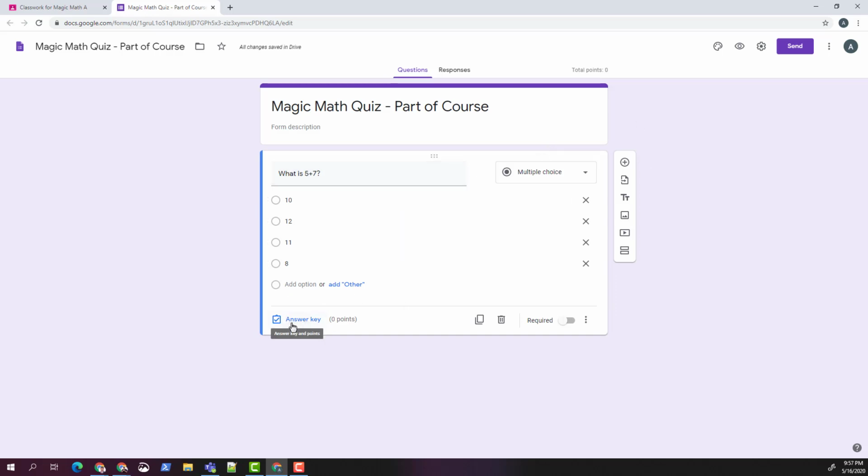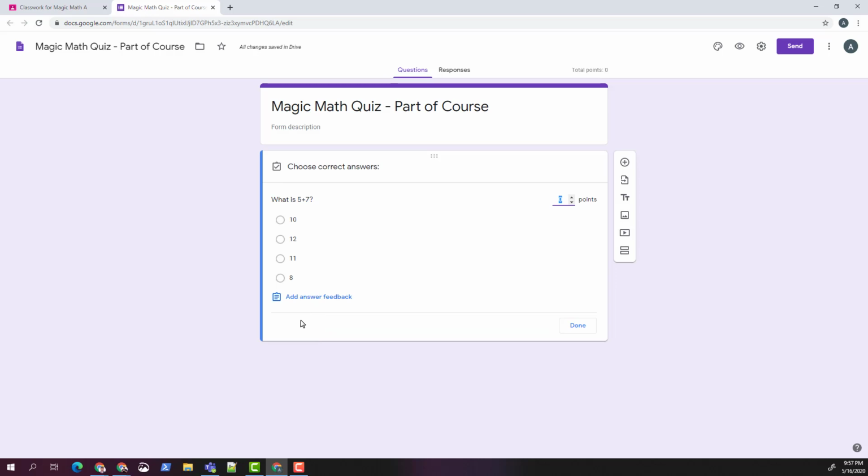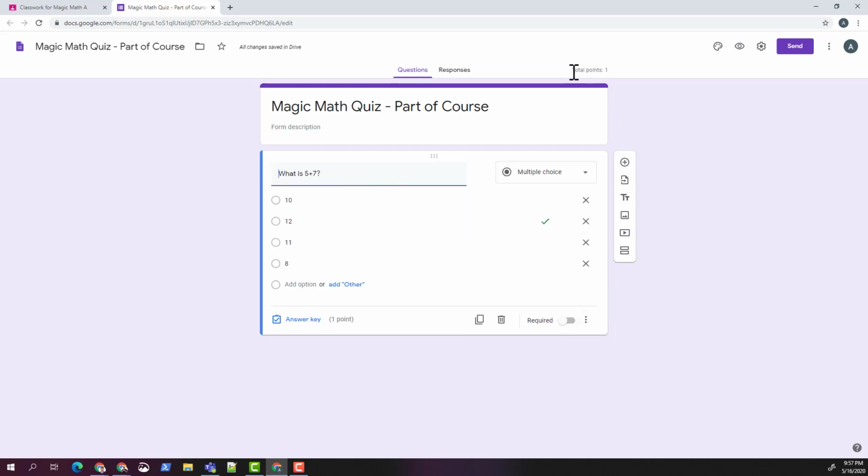And since this is a self-grading quiz, I can choose to have the answer key as well on this particular question. So the answer key would be clicked, and I can choose the right answer. So 5 plus 7 is 12, so I will choose 12, and I will give it 1 point. Now that 1 point is added, and as you can see, the total points on the top gets updated to 1 point. Further, I'm going to mark this as a required question,